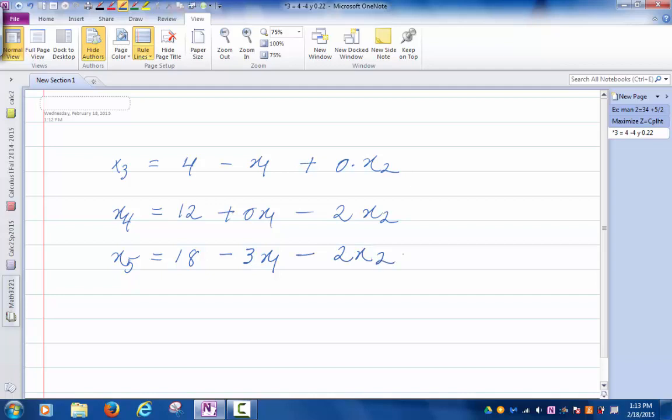Please feel comfortable to ask me questions. There are times I'm going to say very wordy things and it may not make sense, so just ask me. And then this is z, which is 0 plus 3x1 plus 5x2. Everything that we are going to do is pretty easy,